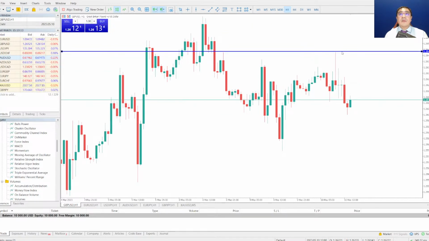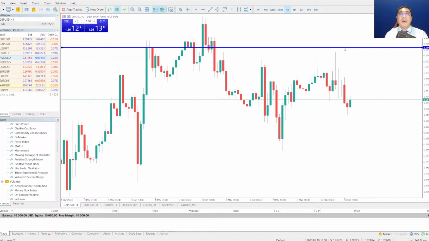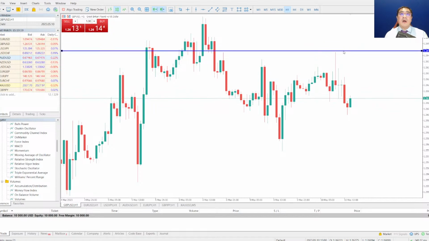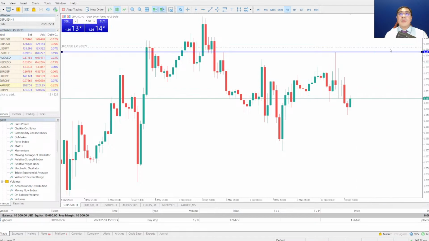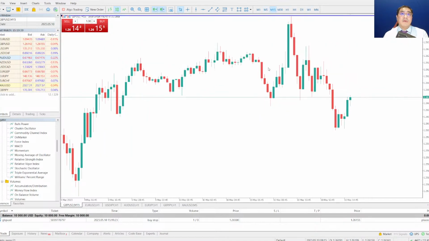Okay, so just slightly higher, about 1.2650, right? That's where we want to have our buy stops. I want to have it at 1.2650, just about there. So that's where my buy stop is. Now, if we take a look at this, this is on the hourly time frame. If we go into the 50-minute time frame,